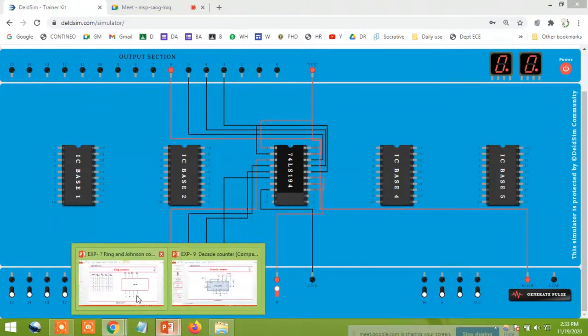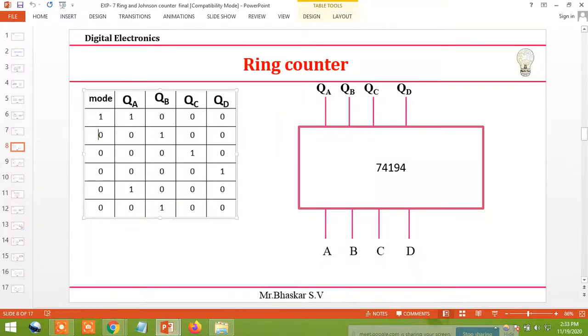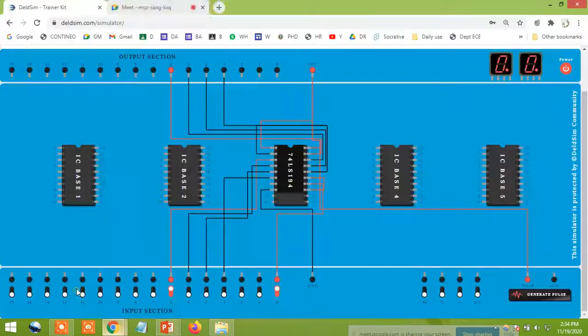That's what I'm telling here. It is mode value 0. Then it will shift to the right side. So I want to shift this one to the right side. Just give a shift right, which means make the mode value 0. Then give a pulse. Just generate a pulse. You can see that.